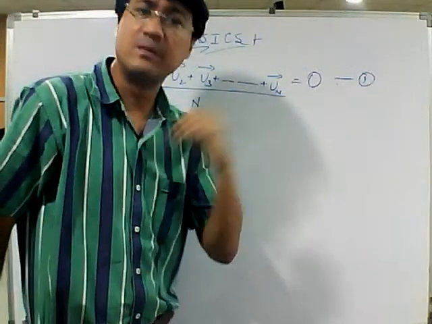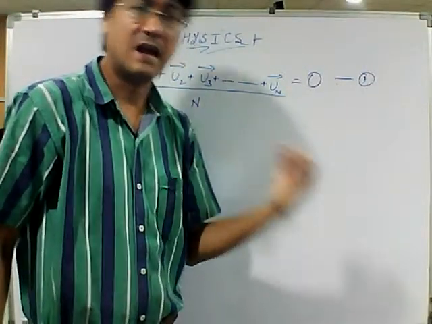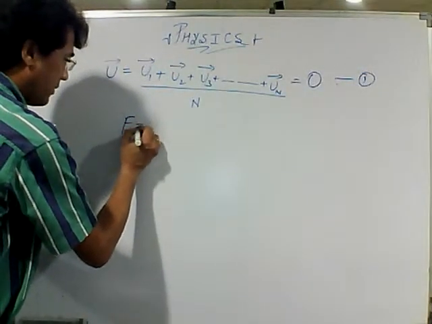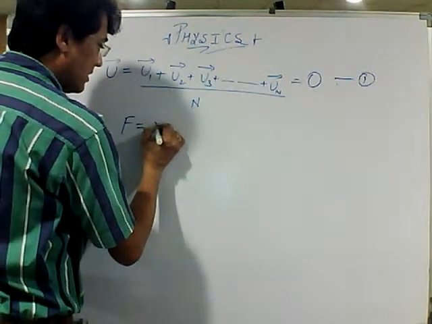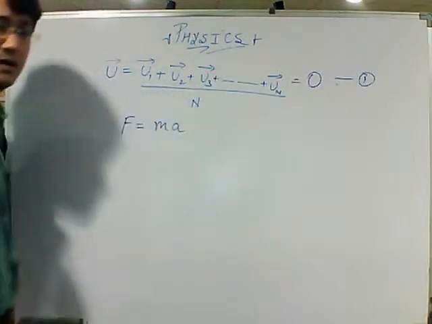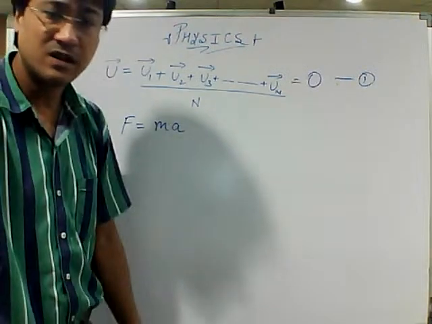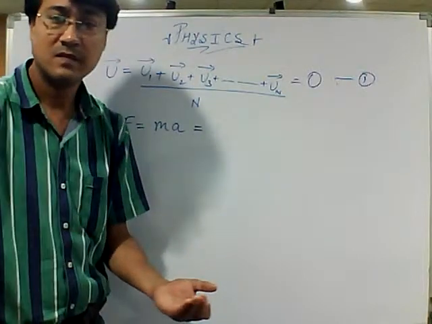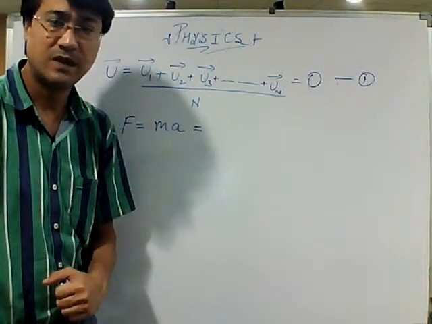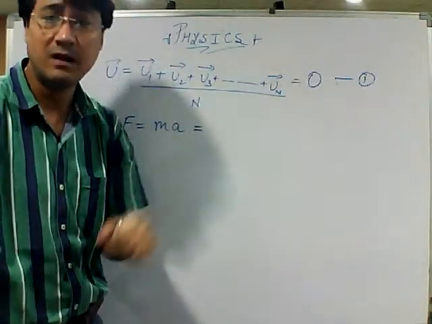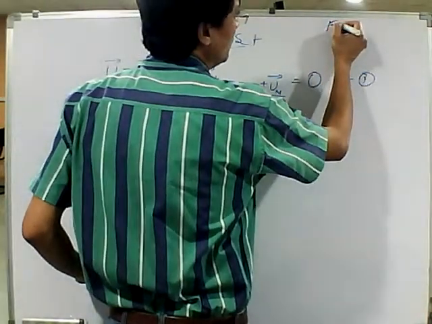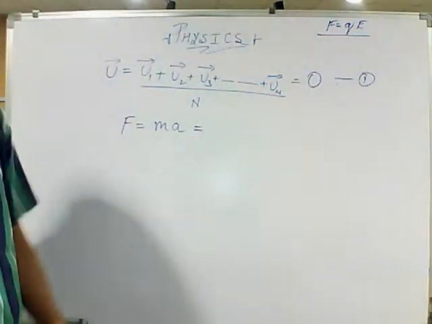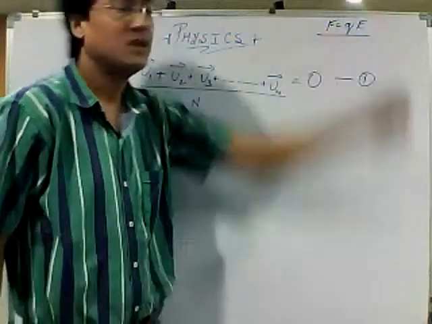Of course, there will be an acceleration. So this force would provide some acceleration, and by Newton's law, we know force is mass multiplied by acceleration. Now, this force has been provided to whom? To the electrons. Perfect. By whom? By the electric field. We very well know F is equal to QE. We know the force acting on a charged particle placed in an electric field is given by QE.